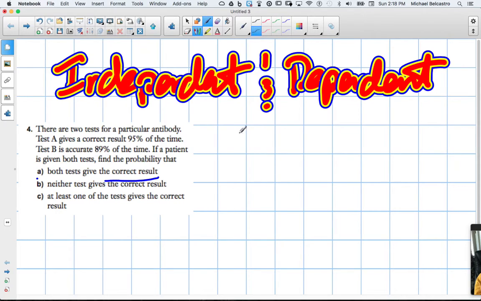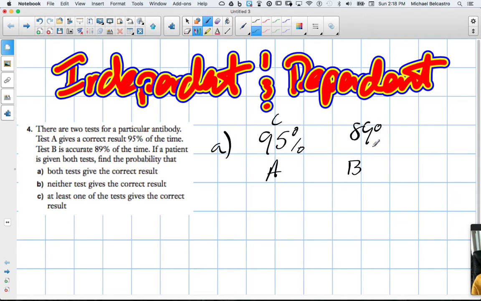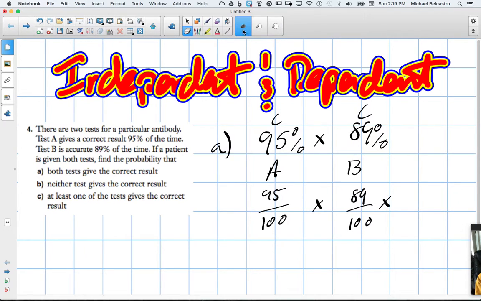So let's look through this. Question A. If test A is correct 95% of the time, and test B is correct 89% of the time, we're looking for a correct result both times. That's essentially these 2 percentages multiplied by each other. I could have written them like this. If the test is given 100 times, 95 tend to be correct. And test B, if the test is given 100 times, 89 of them tend to be correct. And then you can figure it out from there. But the percentage should be the exact same as the